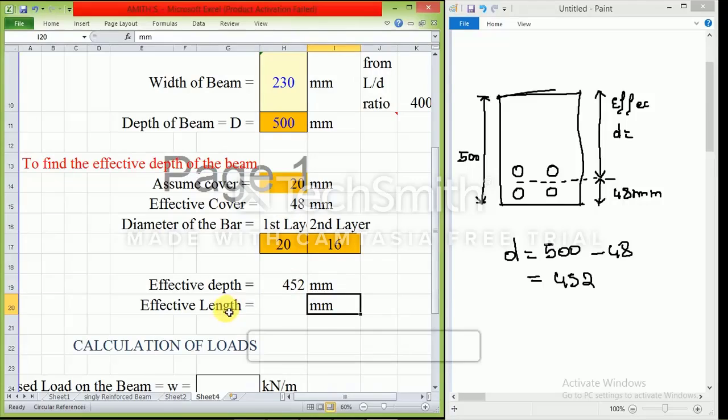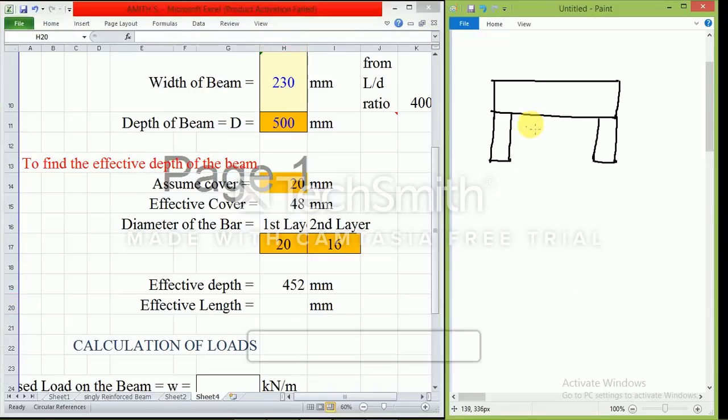Okay, next is effective length. So I'll go through the concept of effective length. Okay, this is a little tricky, just listen very carefully, don't get confused. Fine, this is the beam. I told you this is the L clear span, and this is the center to center, that is LC. I'll just take it as LC, and this is L clear span. So then how to find the effective length of the span? So we know these two things, and how to find the effective length of the span is my question.